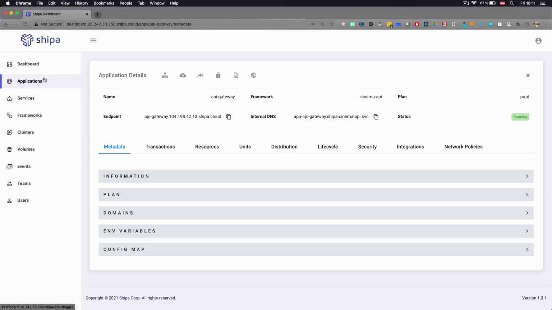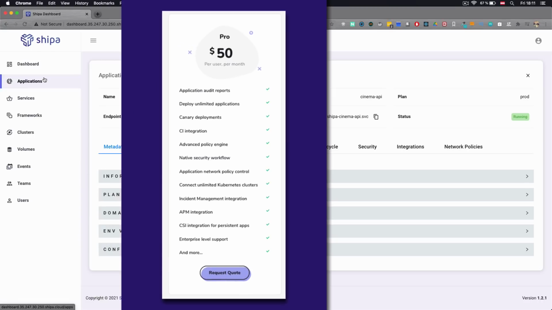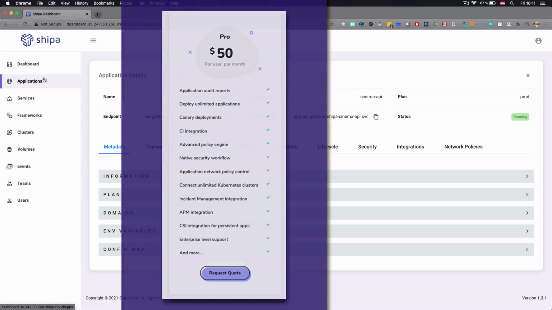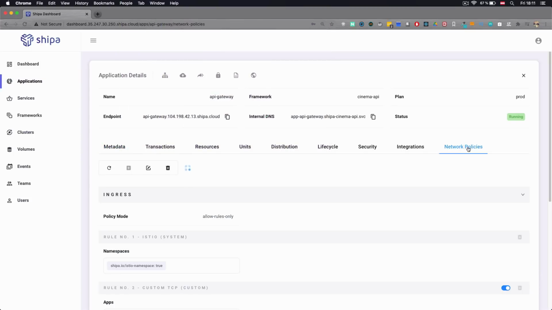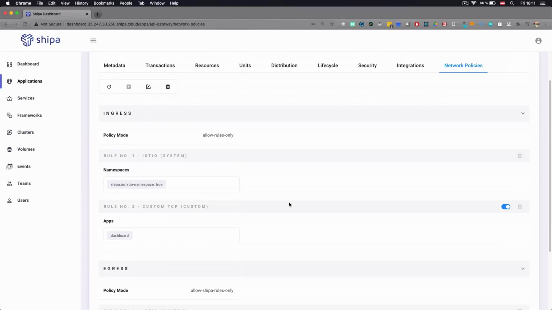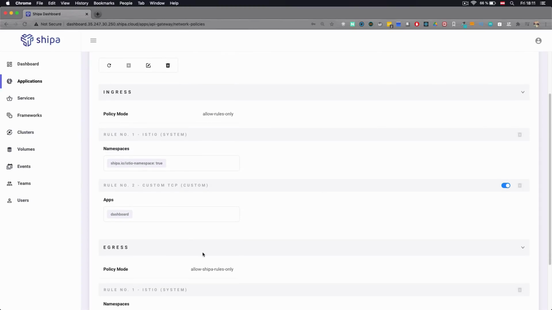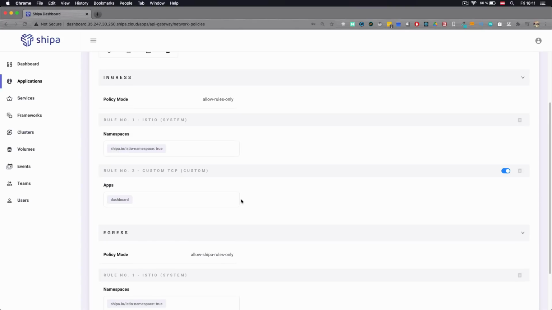Now, just to note here, all that I demoed in this video is actually a free version of Shippa. So you can just install it and try it out for free. In the Pro version though, they actually have a couple of really cool additional features. So for example, for each application, you get network policies. So these are the network rules for incoming, so for ingress, and for outgoing traffic. And you can configure this for every application in a very specific way. So from which services you allow traffic on which port, etc.